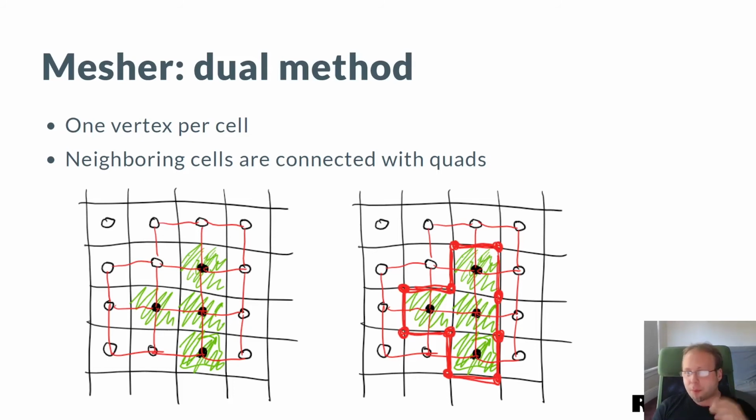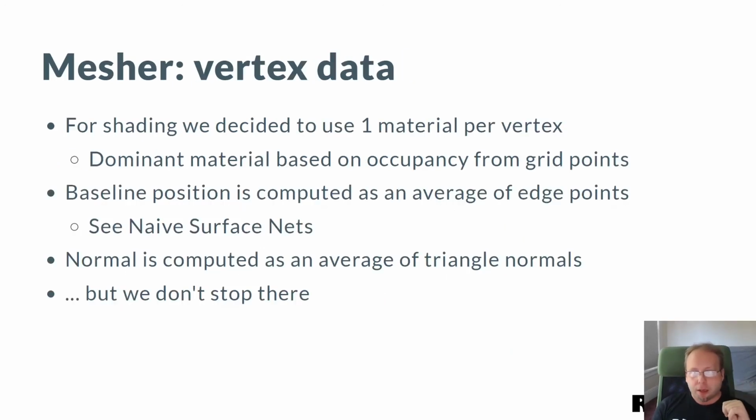Now, so we place the vertex inside every cell. What kind of parameters do we set for this vertex? First, we need to pick the position, the normal, and also we said that we wanted just one material to correspond to every vertex. It's a simplification. In the earlier example, of course, that is just grass material, so it holds. But in practice, in real landscapes, there's many cases where there's conflicting material information that comes into generating the vertex, and then we just pick the dominant one.